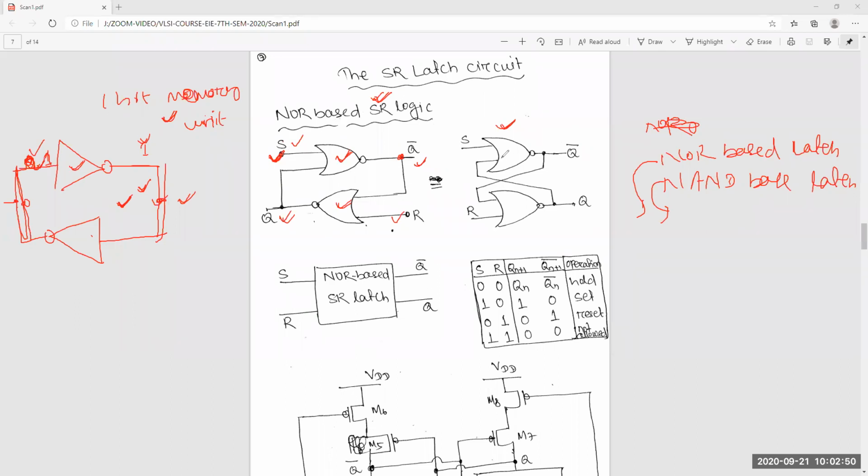Now you can see the same thing here, but the circuit is drawn in a different way. Now you can see the truth table here.